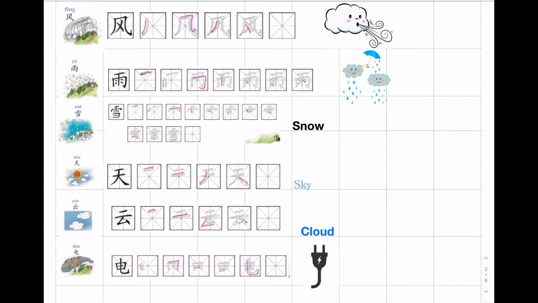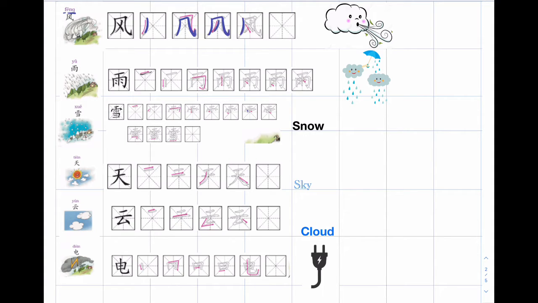The first character today is 风, windy, wind. It actually means wind. 风, feng. That's the first tone, the flat tone. 风. Let's see how to write it. 一, 二,